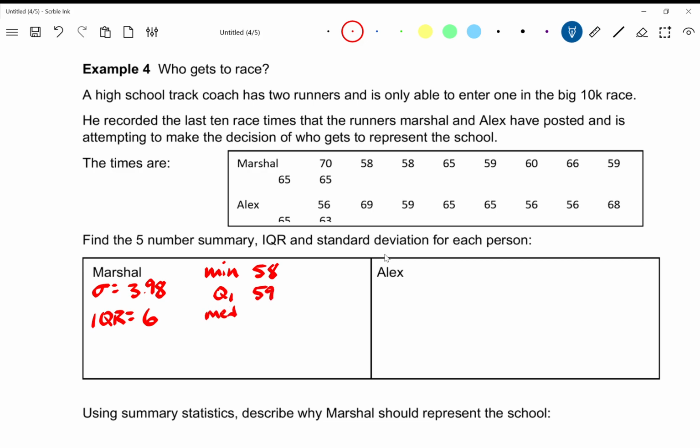Median, 62.5. Third quartile, 65. And max, 70. So Alex has a standard deviation of 4.79,